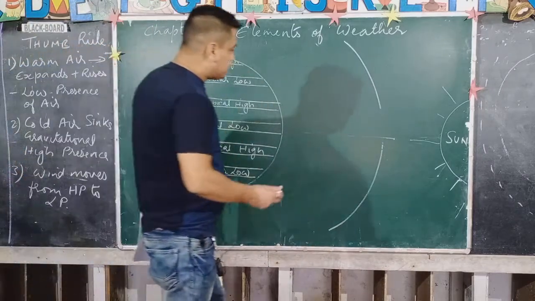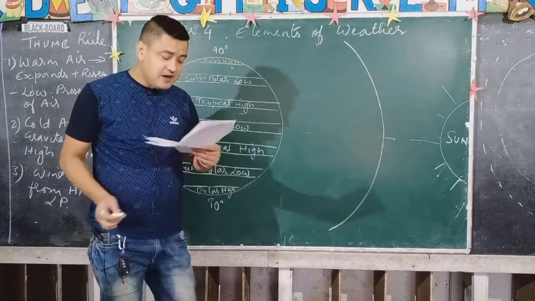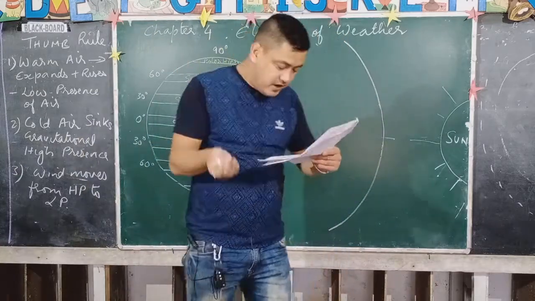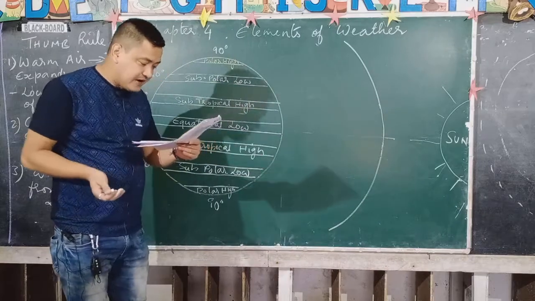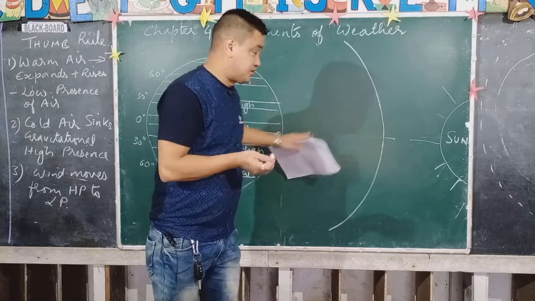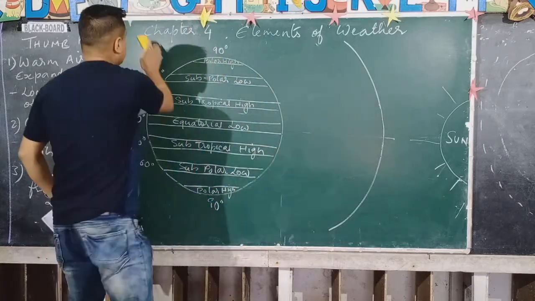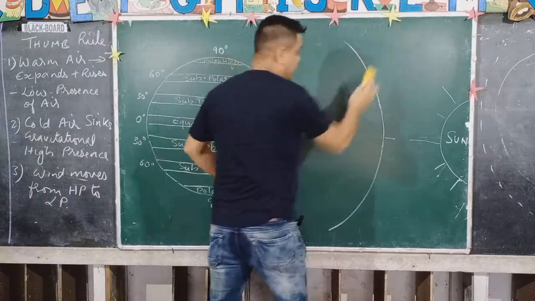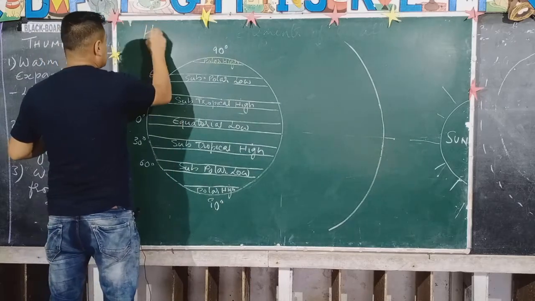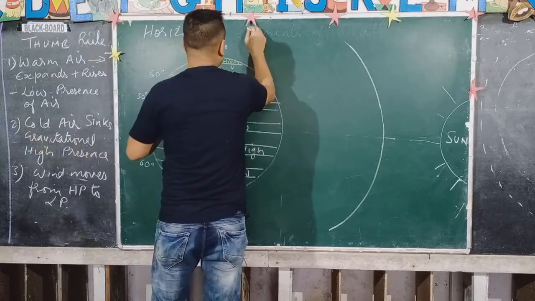So I have already told you that equator is a place where you have direct rays of the sun. Last time only we have studied about that. So here we have to understand that this is the horizontal distribution of pressure. This is known as the horizontal distribution of pressure. I am rubbing the blackboard. I am writing the name of this, pressure belts. This is known as horizontal distribution